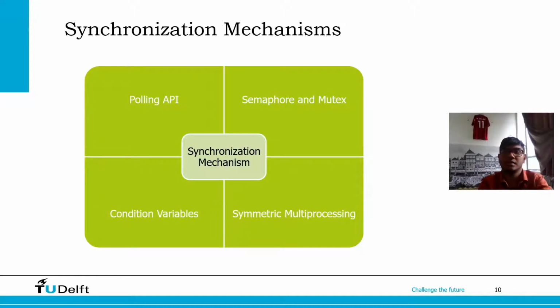Finally, we have synchronization primitives, which Zephyr provides. For example, it has polling APIs which are used to wait concurrently for any of multiple conditions to be fulfilled. We also have semaphores and mutexes, for traditional counting semaphores and traditional reentrant mutexes. We also have condition variables that enable a thread to wait until a particular condition occurs. And finally, we have support for multiprocessing synchronization mechanisms for multiple physical CPUs running the Zephyr application code.